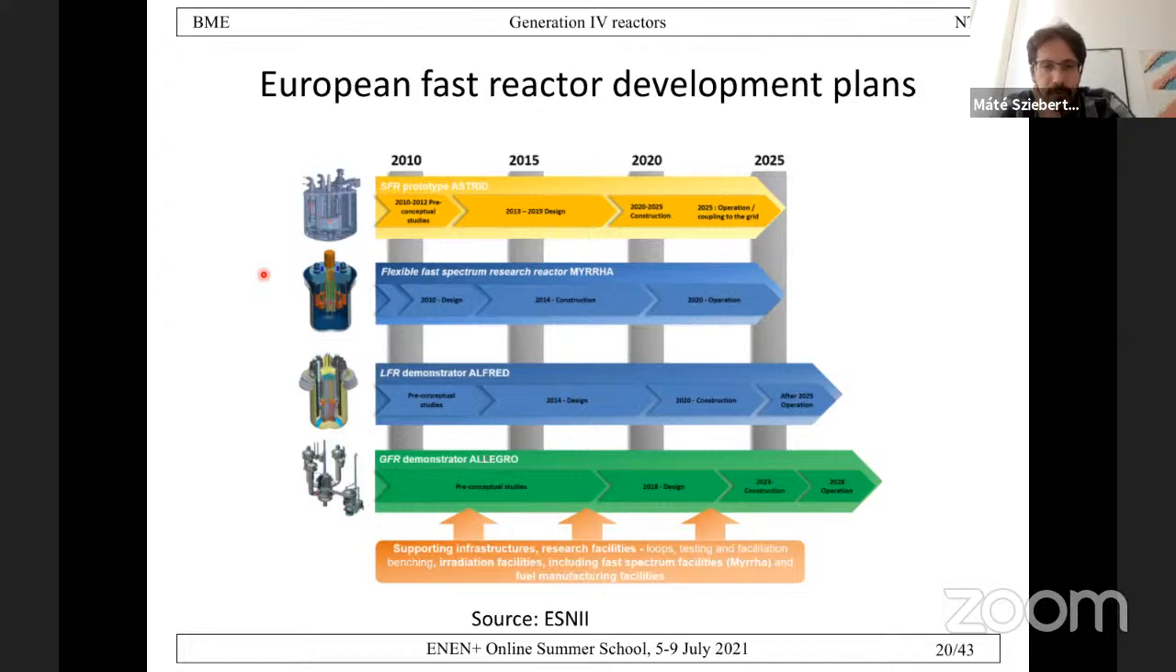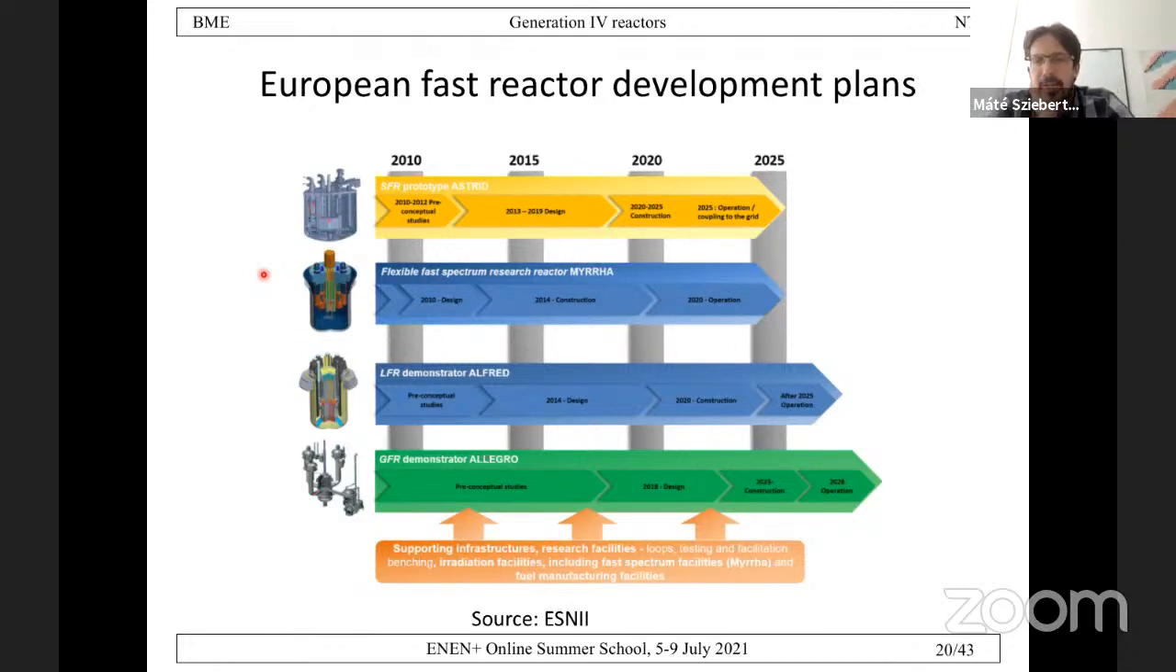Concerning generation 4, another question. Is there a generation 4 design which is regarded as superior by the community? I think yes. I would say that